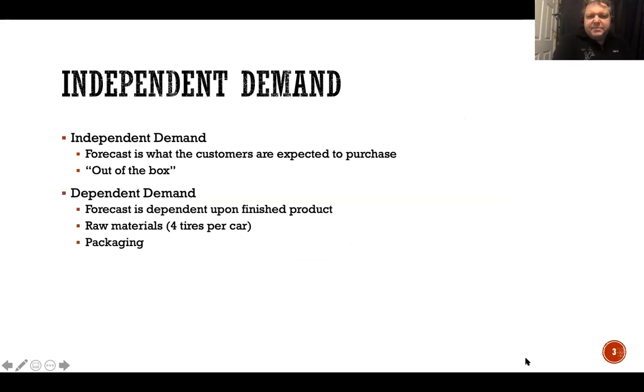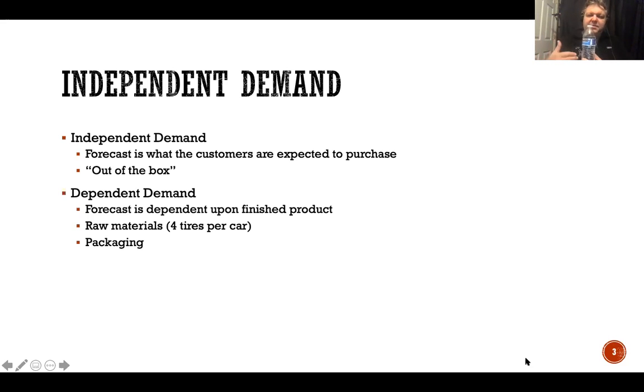Probably it's important to mention at this point that there's two different types of demand. One is called independent demand. Every time we talk about demand here, demand in Econ 115, demand in Accounting 221, demand in Business 101, Business 102, we're talking about independent demand, which is out of the box, right? So if I take this bottle of water that I have, this bottle of water is independent demand. This is one, right? So I've got one unit of independent demand.